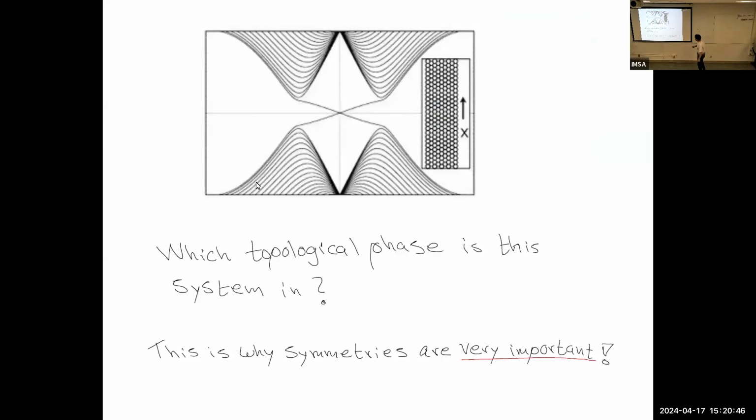And I really want to emphasize a point here that I think is not often discussed, which is, so I want to engage the audience. So what topological phase is this system in? Can anybody tell me? No? Great. Huh? No? Okay, so this was supposed to be the obvious example, and the answer was supposed to be, oh, well, this is like a quantum spin Hall effect, right? And these edge states are protected by time reversal symmetry.